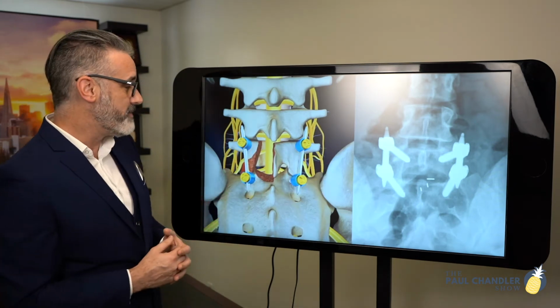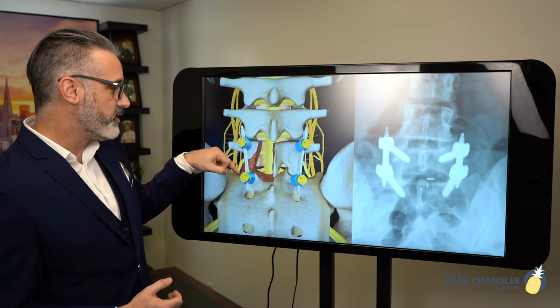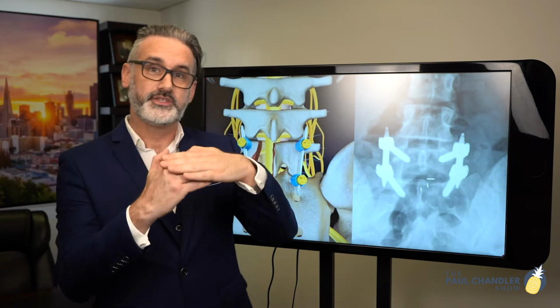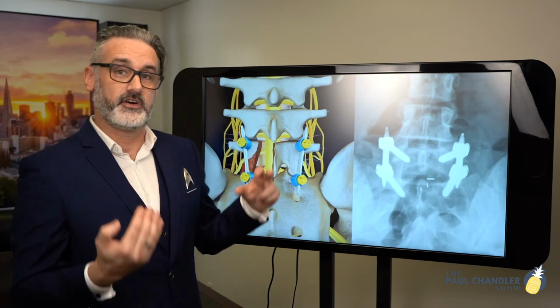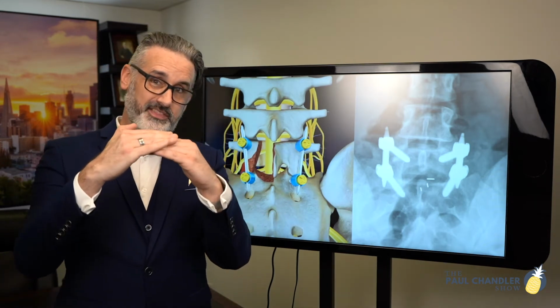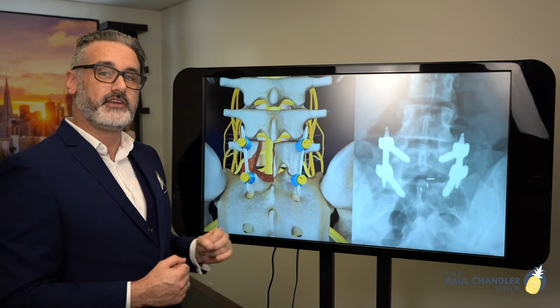So with the animation format, we saw how only one side of the vertebrae bone had to be removed, and then we have the two screws with the rod going in, and then the L5 and S1 are fused together. So even though technically they still are two different bone pieces, with those screws in there, they're unable to bend the back between the L5 and S1. So when we say the phrase spinal fusion, they're not being glued together, for example. They're just being secured by a bone graft in the middle and screws on the left side and right side,